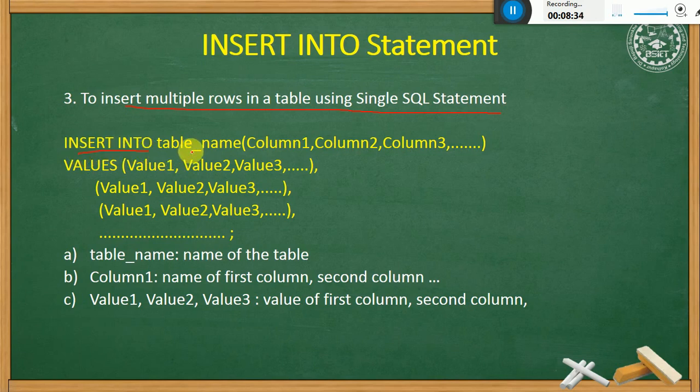Insert into table name, then column names, values, then the first set of values, comma, second set of values, comma, third set of values, comma, you can have a fourth set of values, fifth set of values. So at a time you can insert 5 sets of values. I am taking 5 as the example, you can take n number of sets. So at a time you can insert n sets of values into the table,